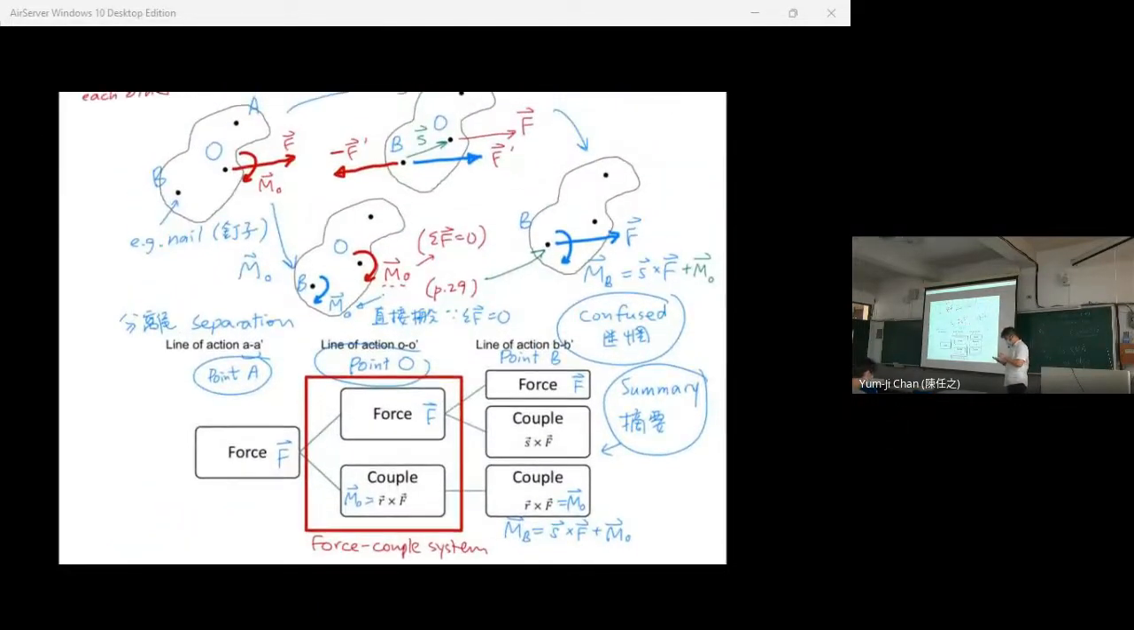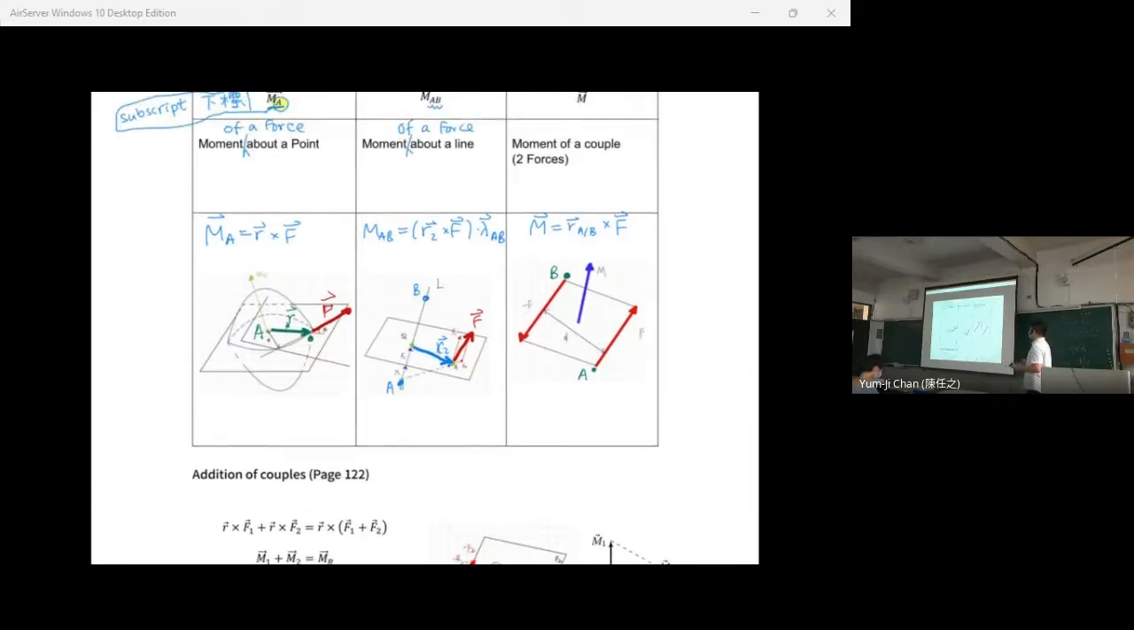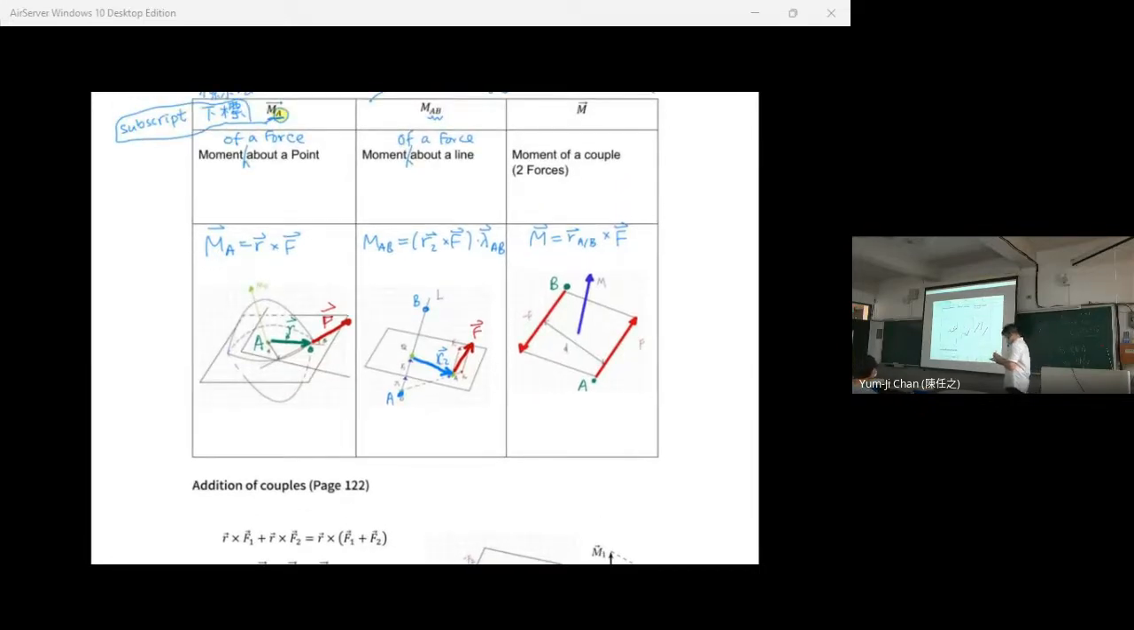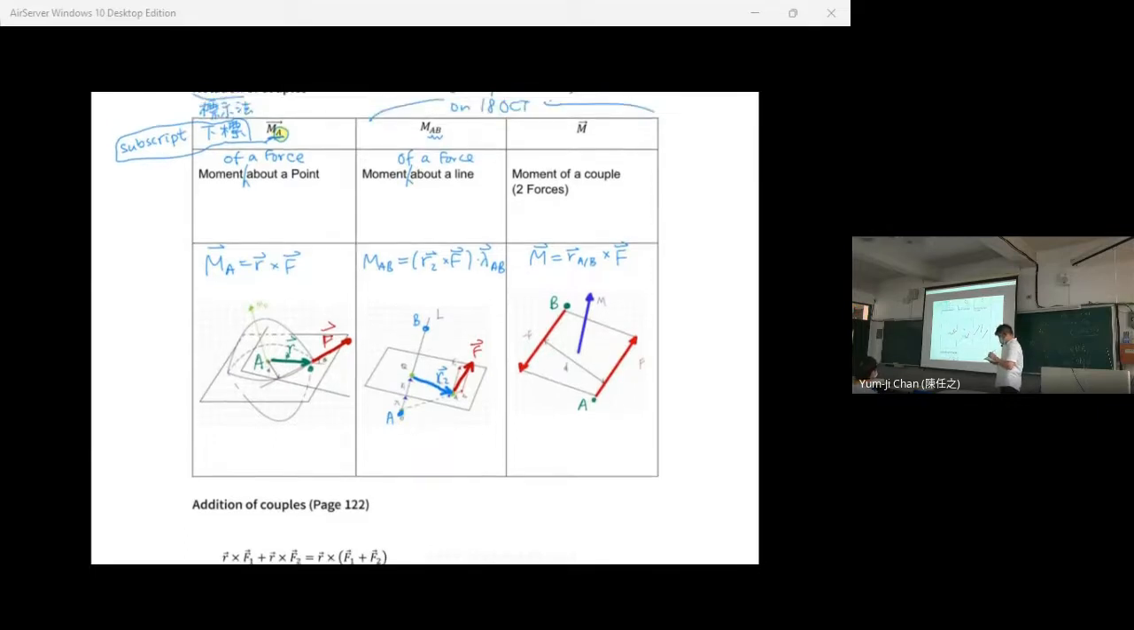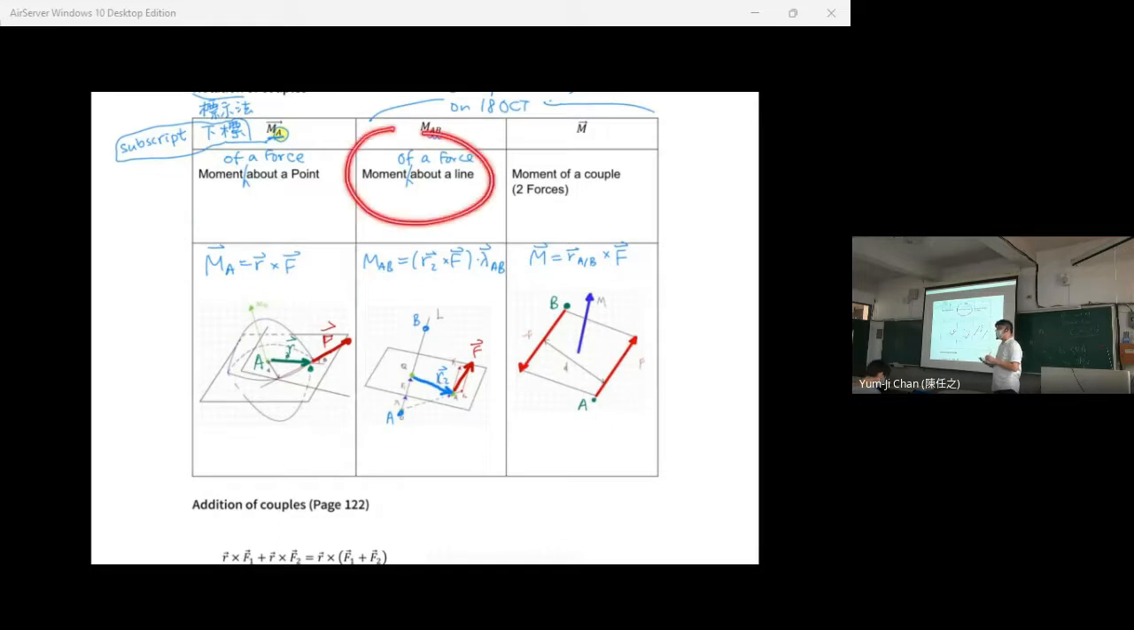Let's begin with a revision of what we have done so far in the past 2 weeks. The first thing is we discussed different types of moments. The first one is the moment about a point, which is r cross F. It is easy. And the second one is the moment of a force about a line, because some moments